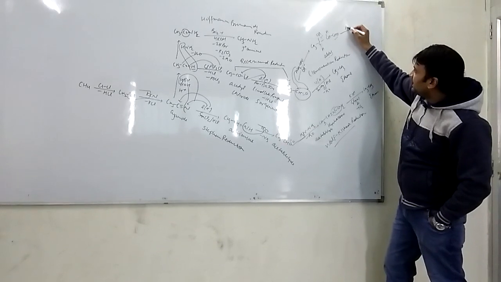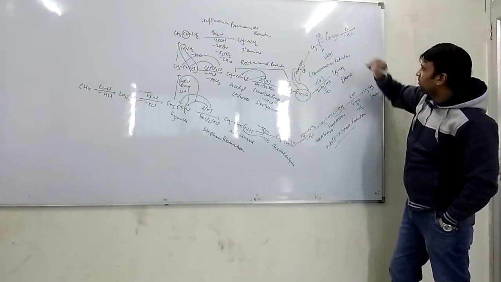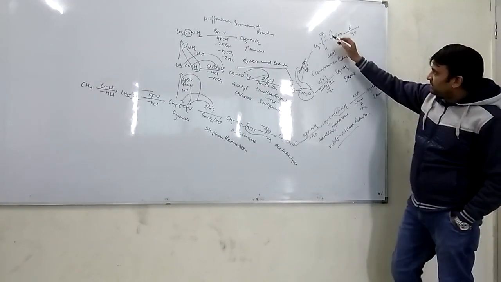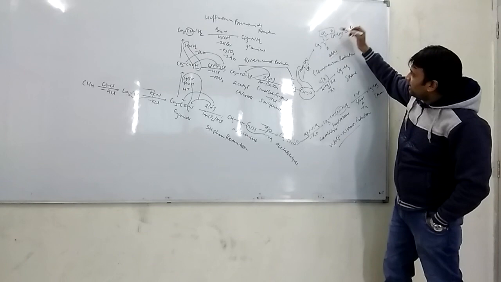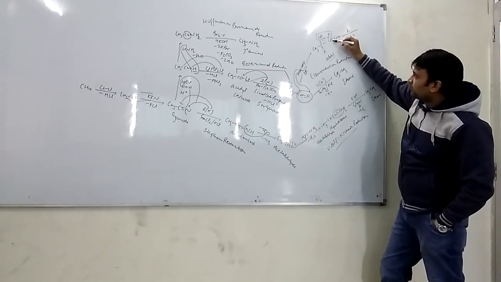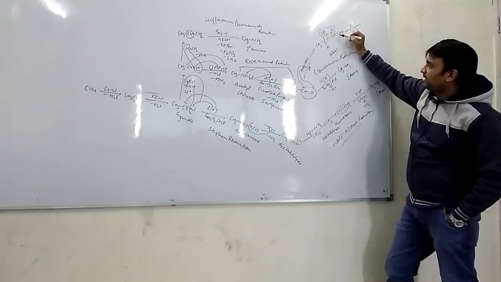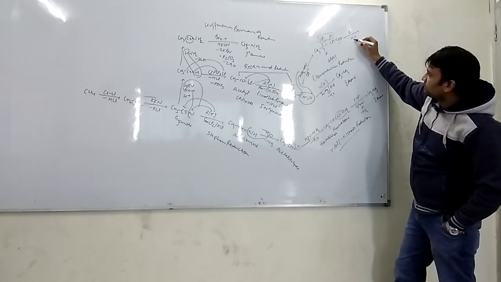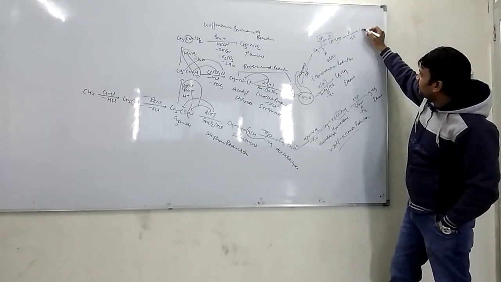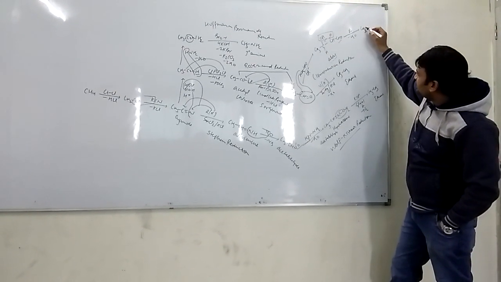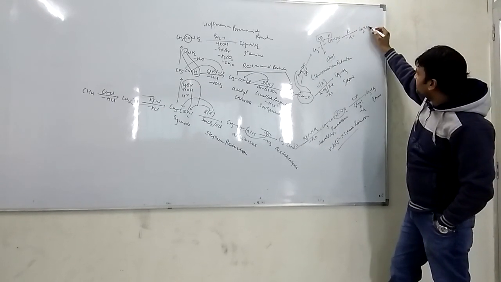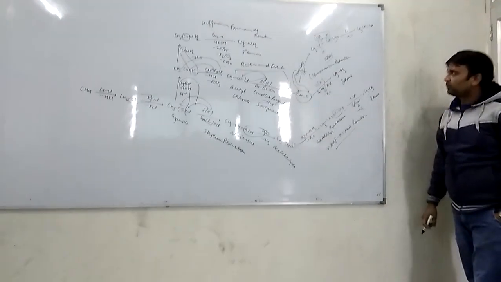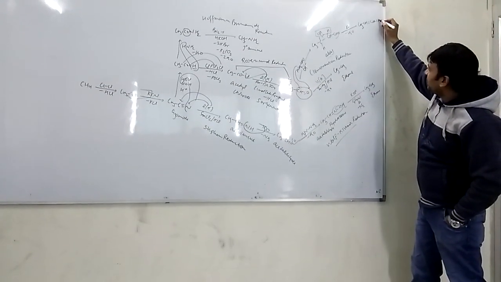If this aldol is heated, on heating a water molecule is released. This water molecule comes from which carbon? This is OH and this is H. This OH and hydrogen come from that carbon in which fewer hydrogen are there. You can see this is 3 and this is 2. So we release the water molecule and the rest of the compound is this CH3, this is CH, this is CH and this is a double bond. This is an elimination reaction because two groups are removed in the same step, and this is CHO.